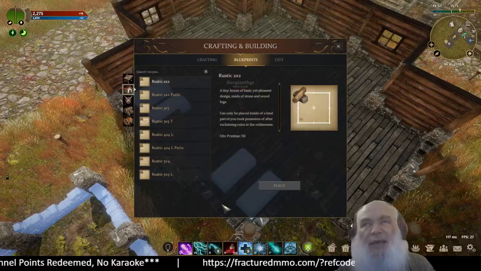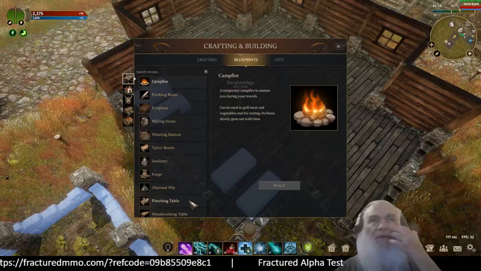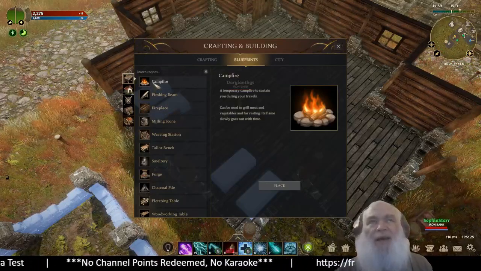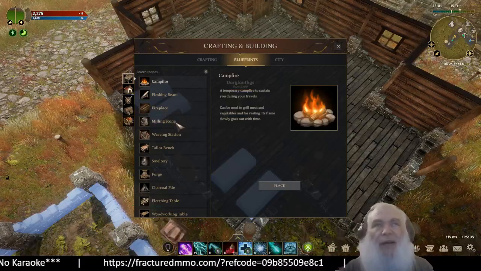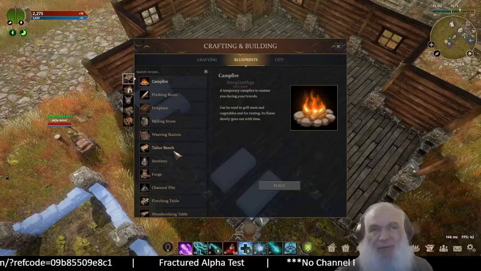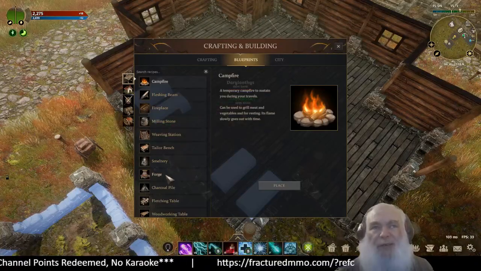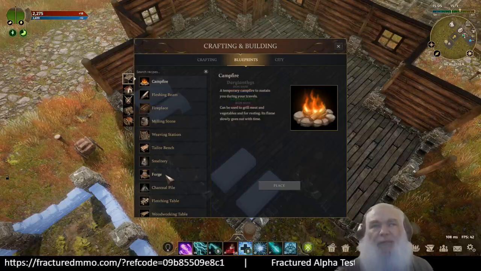This is the actual house blueprints, like we showed at the beginning. And then here's all the various crafting stations and stuff that you can put in: a fleshing beam for processing leather, fireplace for the in-house. That campfire there is for out in the wilds. This fireplace is actually for in your house. Milling stones for making flour, weaving stations for making cloth, tailoring stations for making different kinds of clothing and armor, smelters for making ingots of metal, forge for actually processing the metal into metal components like armor pieces and weapons,